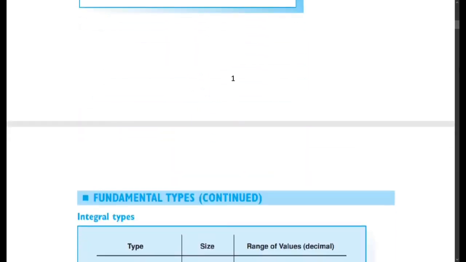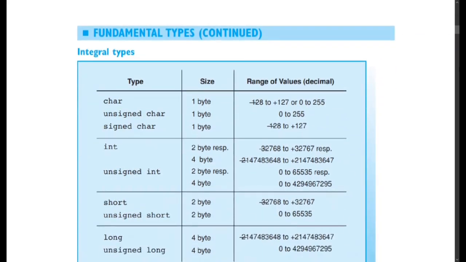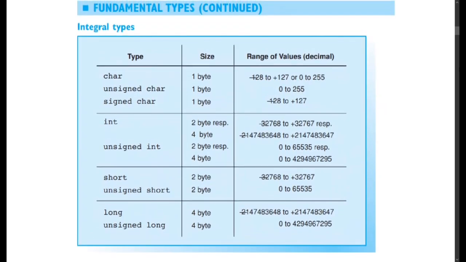And you might be wondering, what's the difference between all of those? Why can't we just store things in just one type, right? That's because they each have a different size and a different range of values that they can represent. As you can see, char is quite small. You can only go from -128 to 127, or 0 to 255. Now you can have a specific char, which would be an unsigned char or a signed char, in which case you limit that range. So unsigned char is 0 to 255, and with signed char you include the negative numbers.